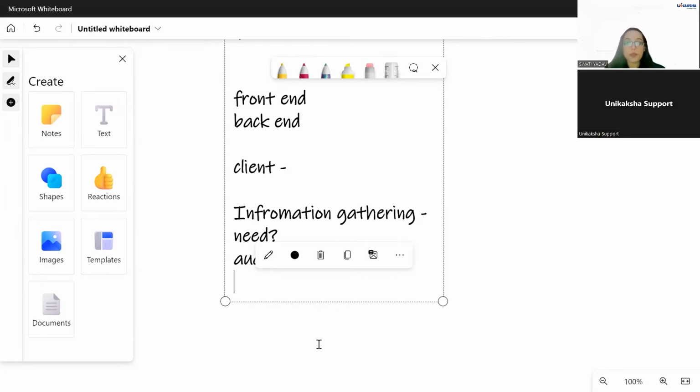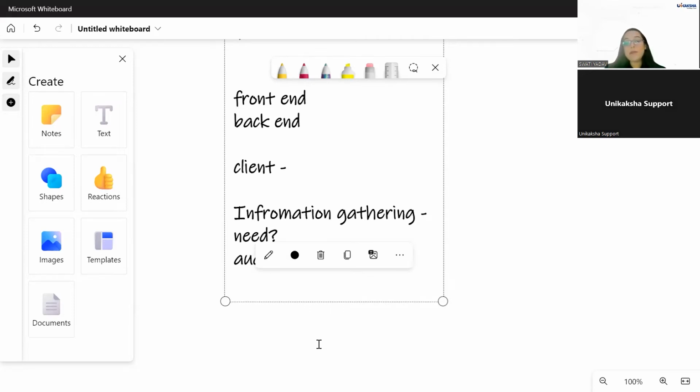What is the purpose, why are we needing that? And why will people want to use a client's website instead of someone else's? And what is the whole agenda regarding that? So that is some of the information or requirement gathering that we need to do.